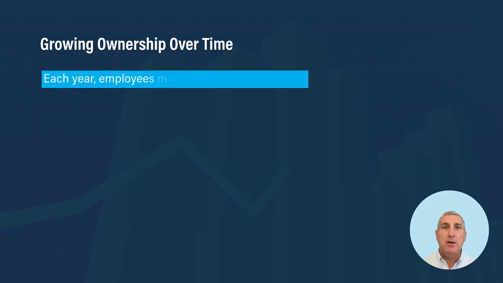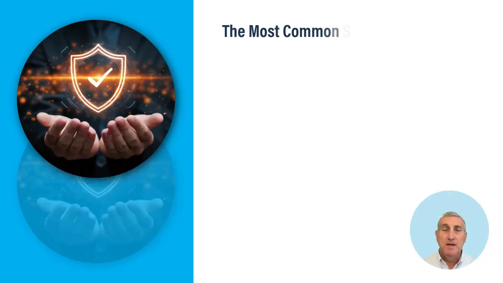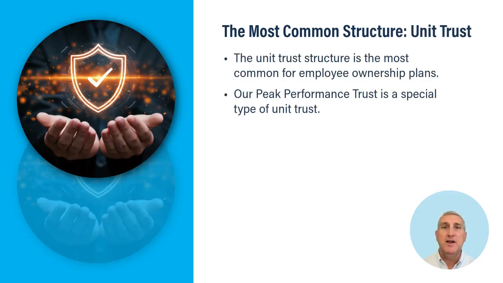The unit trust structure is also quite important because normally in our plans each year, we're allocating more equity to employees, whether they buy it or earn it or some other mechanism comes into play. As the employees increase their shareholding over time, they're normally allocated further equity, and that's represented by ownership of more units. The unit trust structure, and our peak performance trust is actually a special type of unit trust, is by